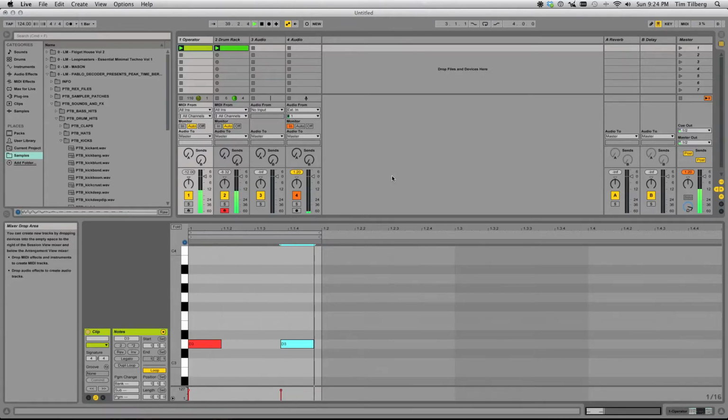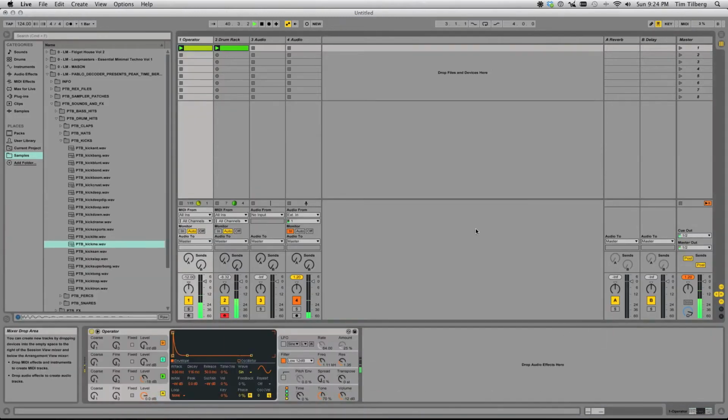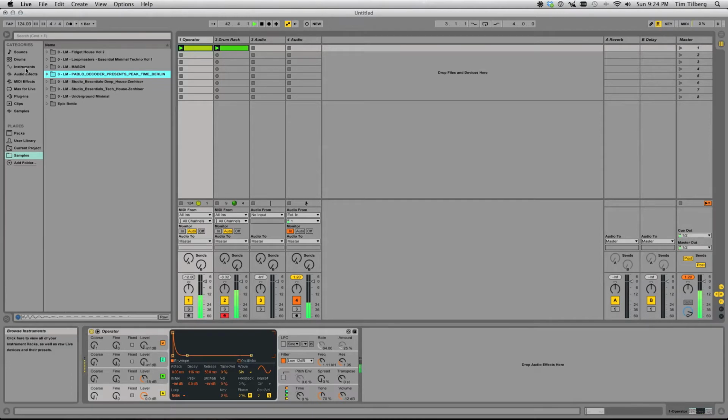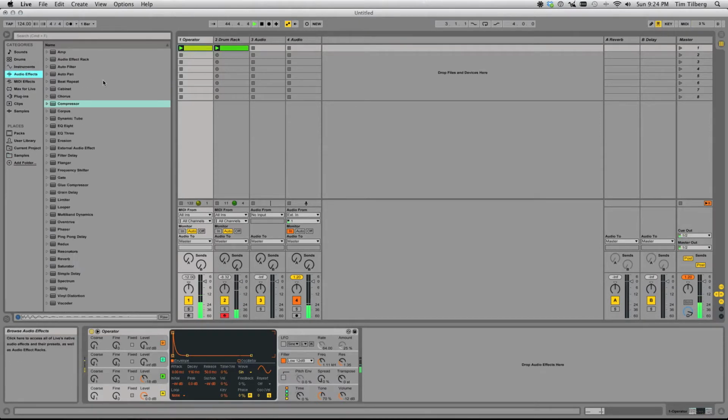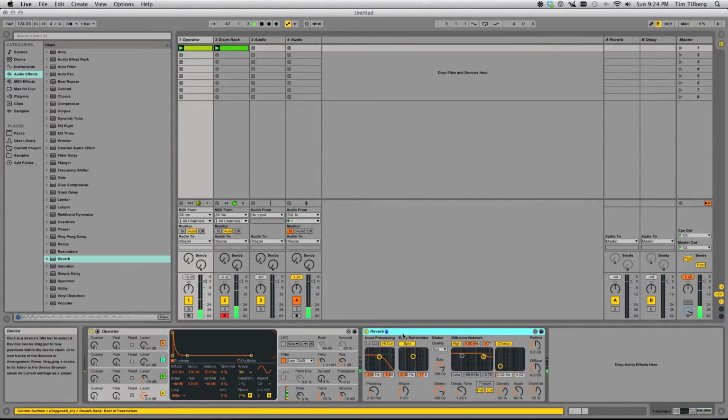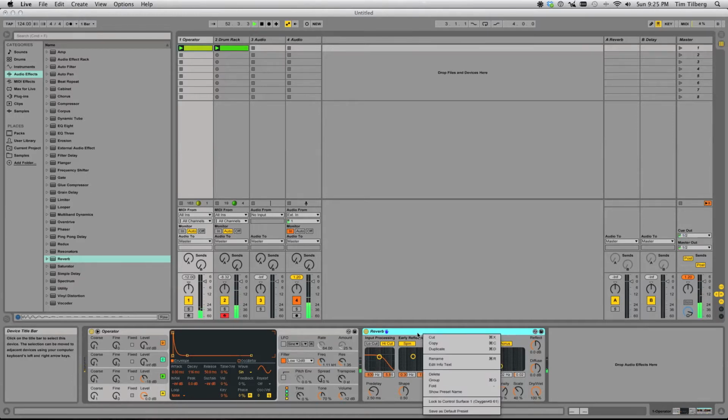Okay, so from here, it's kind of a boring sound, so let's spruce it up a little bit with some of that reverb stuff we were talking about. We're going to go to audio effects, and we're just going to drop a fat reverb right on the end to start with. And we're going to set it to full wet. What we're going to end up doing is putting this reverb into its own group so that we can have a separate dry and wet